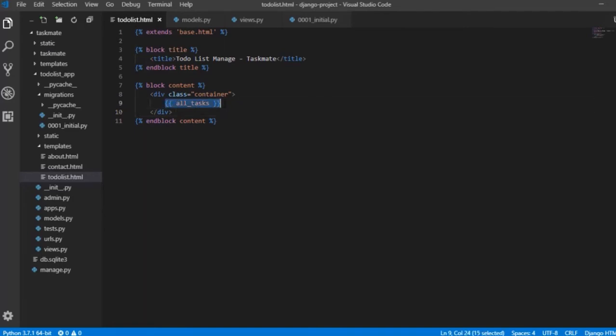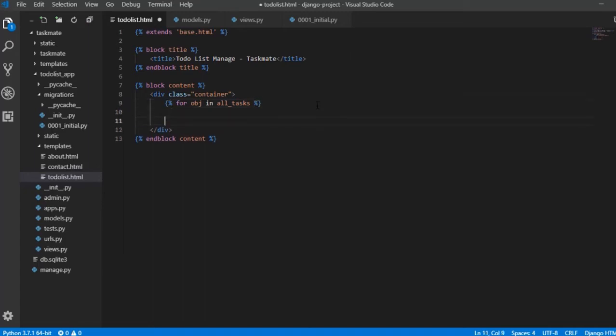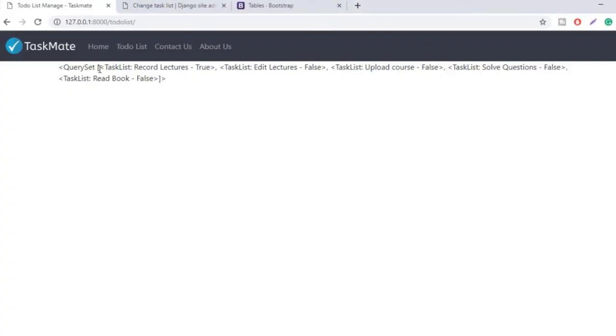So just remove this one. Now here I'm going to create a for loop, and with the help of the for loop I'm going to select each object inside my all_task. Inside this loop I can access all the details of that object. Before moving forward, let us also end this for loop and then start working inside it. Now with the object I can access all the data inside that. So I'm going to select each object. For example, if I have selected the first object, I can access all the data inside this first object.